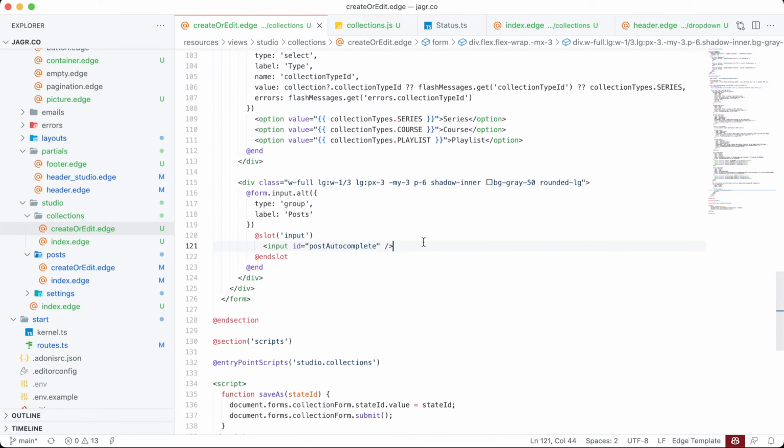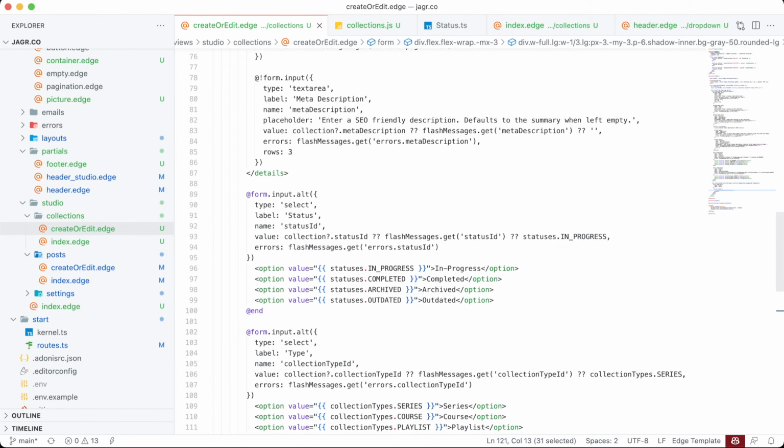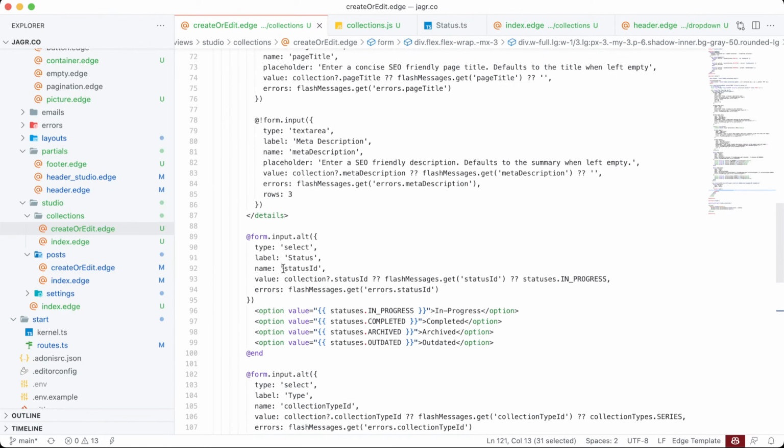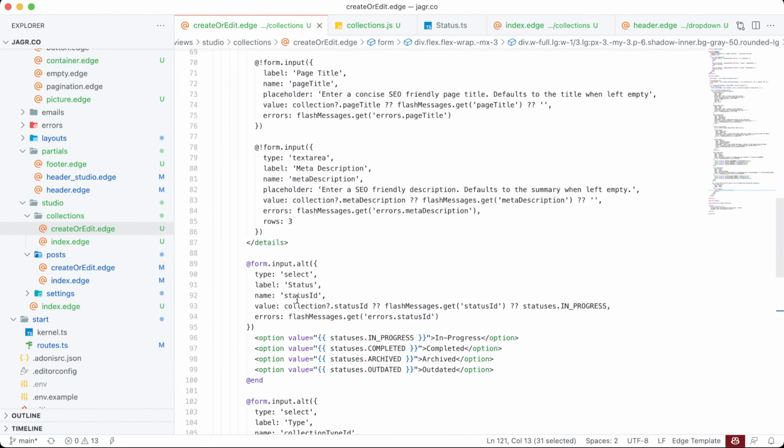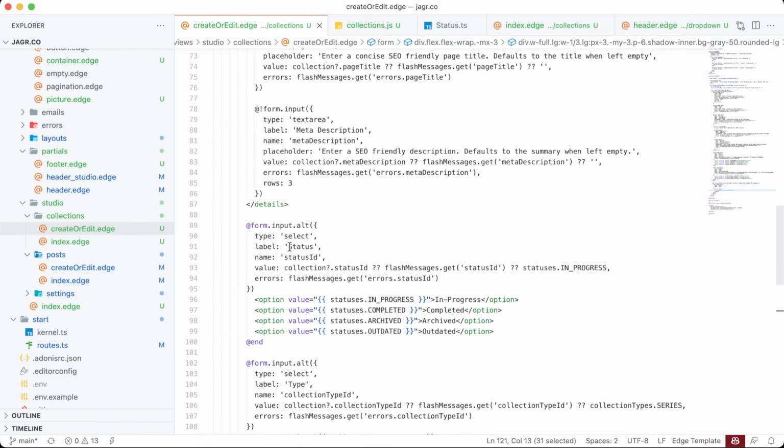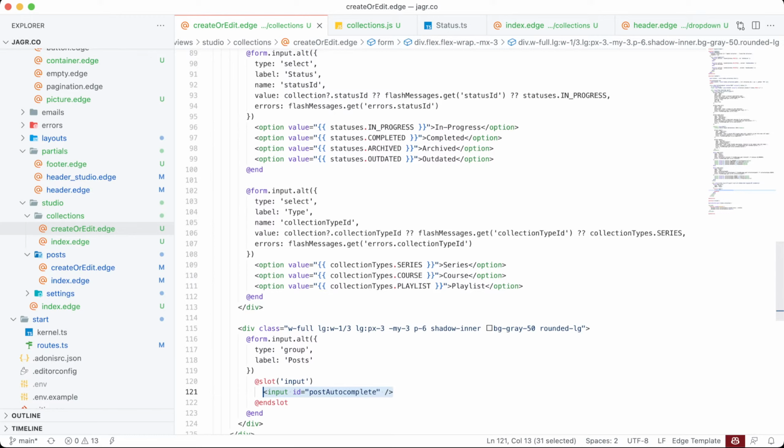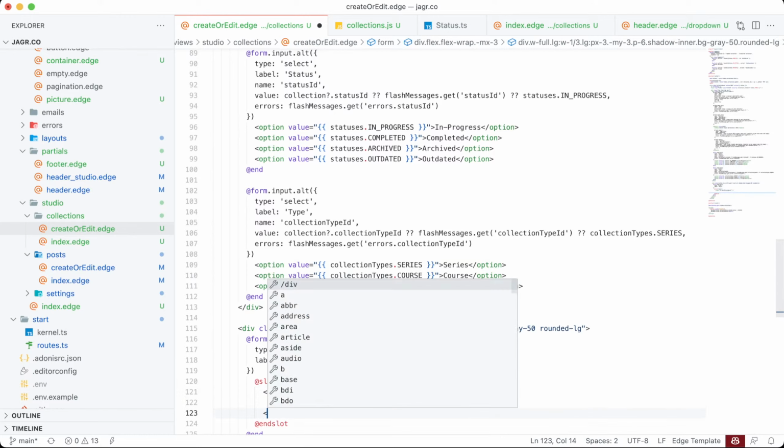So actually, what we can do is, I have some form of input that can go inside of the alt. I don't remember what that is, but so let's do a,